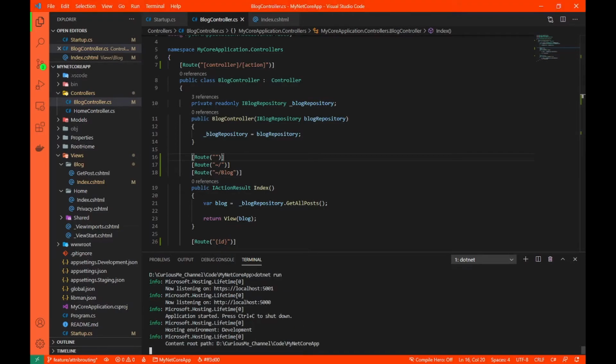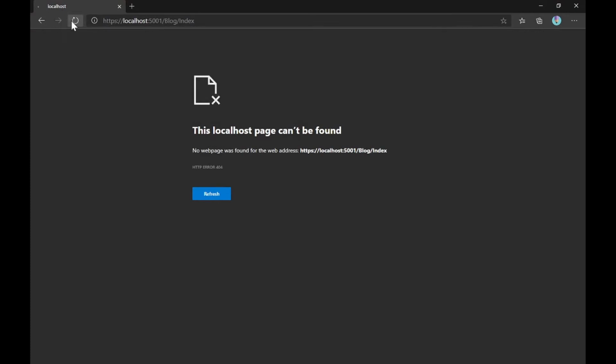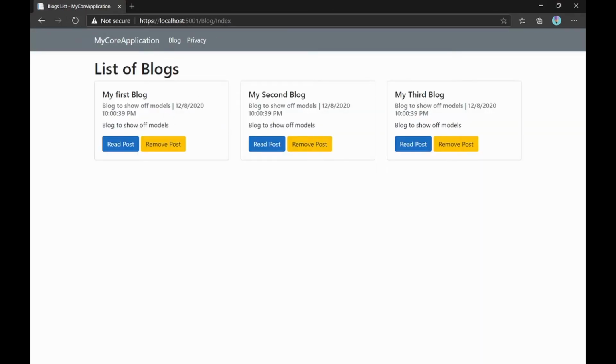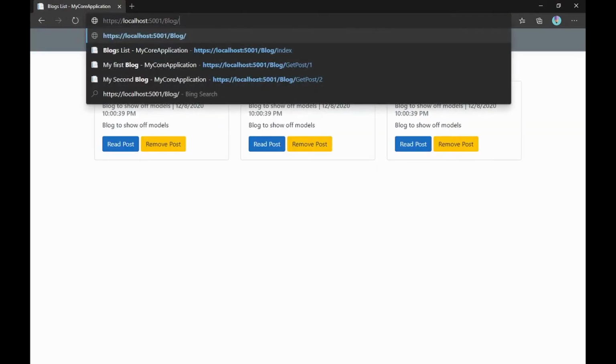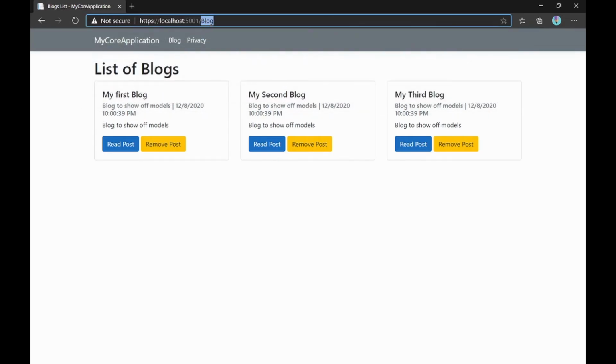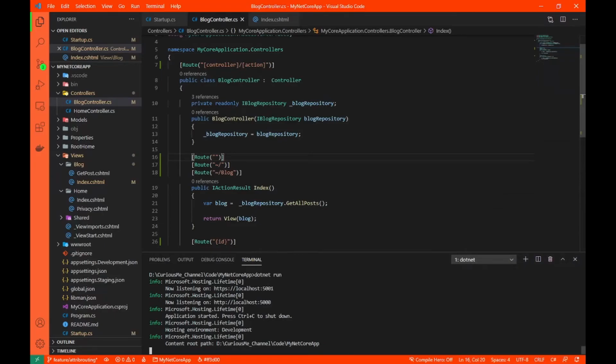Let's go ahead and open our application, refresh this, and it works. So basically this is a very hacky way of doing this. Okay, let me quickly check all the 3 routes. Yeah, perfect. All the 3 routes are working. So this is a very hacky way of doing things.